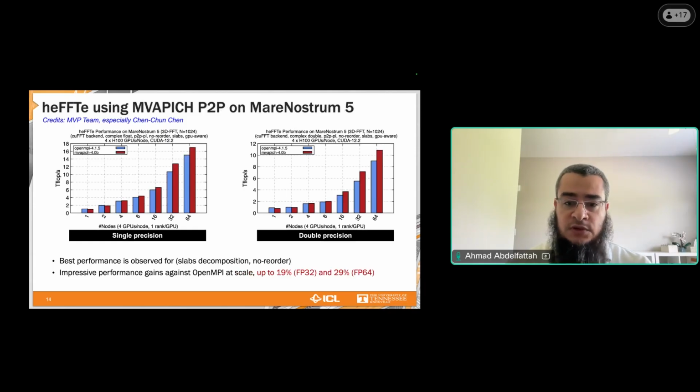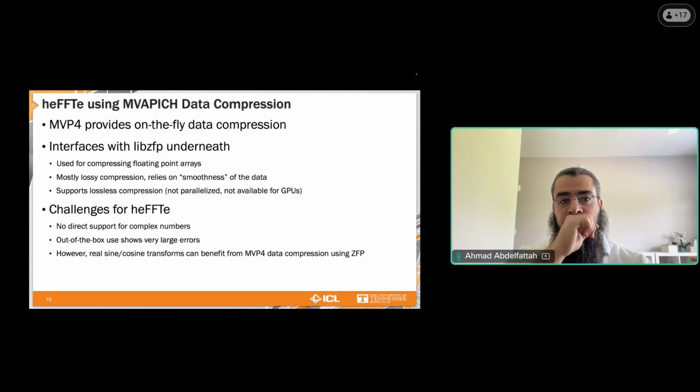And you can see that the performance scales pretty well with MVAPICH versus some oscillations and fluctuations in performance from OpenMPI. This is credit to the MVAPICH team, especially Chen Chun. I've been working closely with him on this machine to get this kind of performance. Of course, due to the oscillations in OpenMPI, you can see that MVAPICH can be up to 5.6 times faster than the default MPI on this system, which is a very good achievement for the MVAPICH team. And this is using all-to-all V.